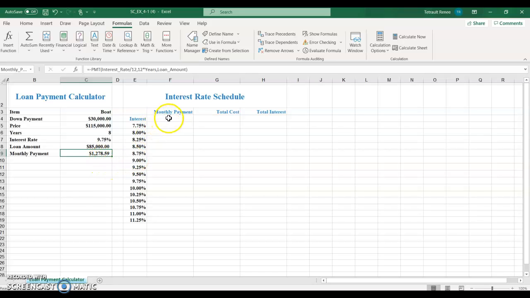In the next cell, F4, you just want the monthly payment, so equals, and then just click monthly payment, check, and it should be the 1,278. They set it off in green font, which is fine. The next one is